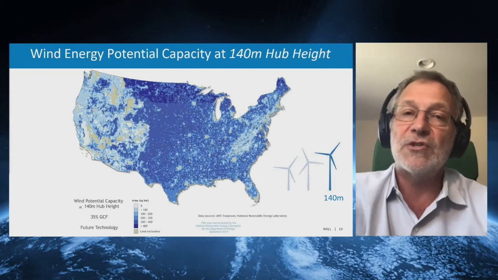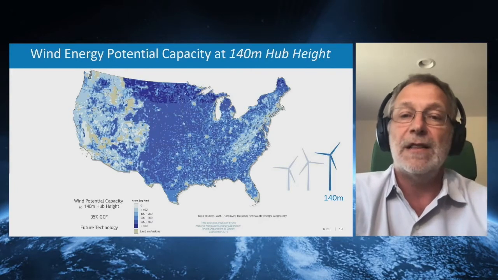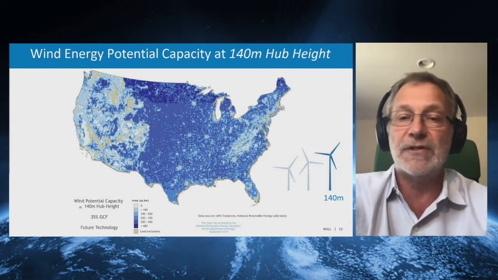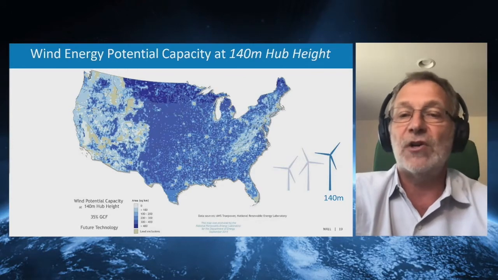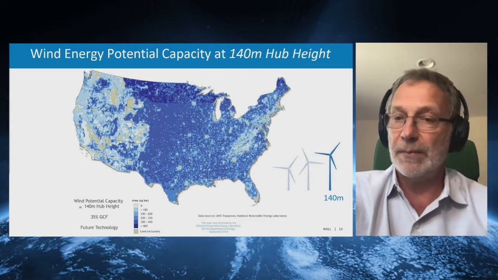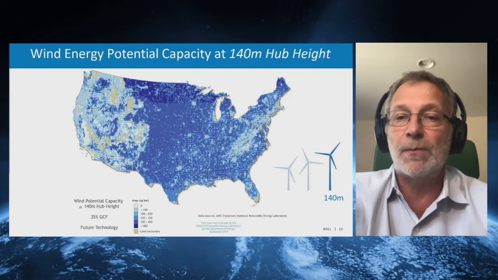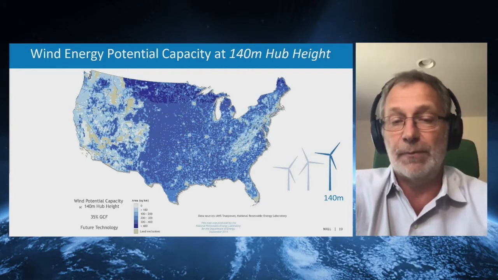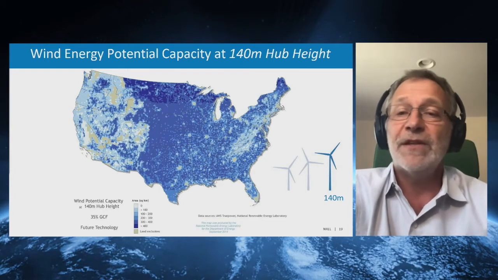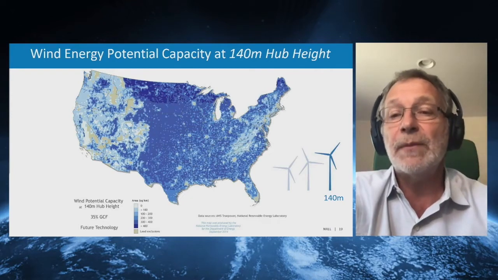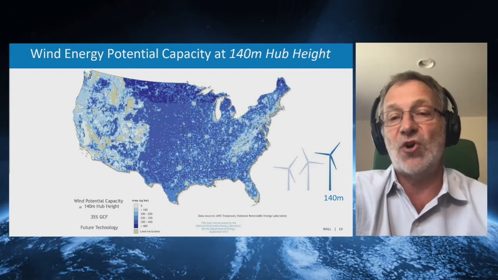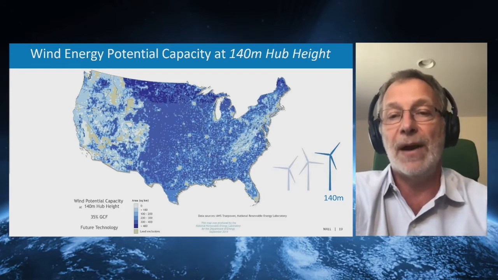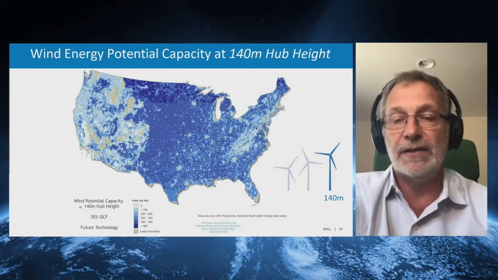The real limitation for building taller machines right now is that when you manufacture wind turbines in a plant, and then you want to bring the rotors and the towers and all the elements to the site, if you go to 140-meter hub heights, the rotors become so large that we cannot transport them on our roads or even on rail. There are too many curves on our rail system, which the blades will not make. And the same is true for the towers. So we need fundamentally new ways to produce the machines on site, with new materials, to really develop these 140-meter hub height wind turbines for the future on land.